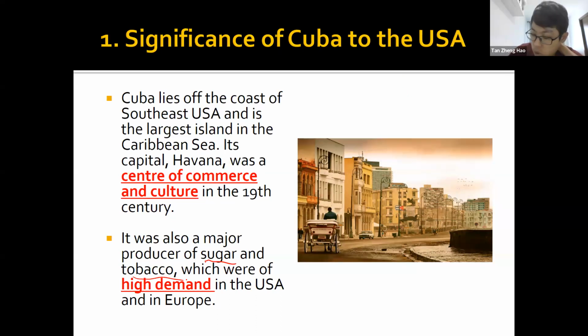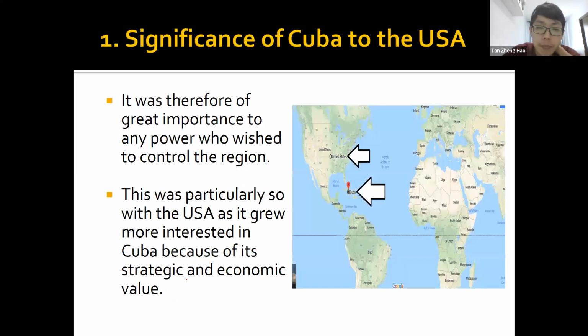So the US is very interested in the Cuban products, like sugar. It was also very near, so it has strategic value. If Cuba becomes a very volatile state, or a state that is hostile towards you, you'll be very concerned being the neighbor. It's like if Malaysia becomes a little bit hostile towards Singapore, Singapore will be very concerned because we are neighbors. If they want to do anything funny, do anything to us, they can do it quite easily. In the case of Cuba, later you see it involved a lot of military threats.